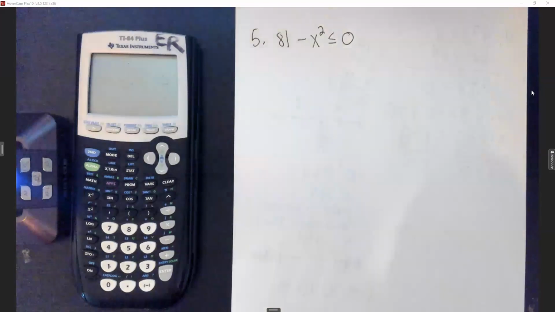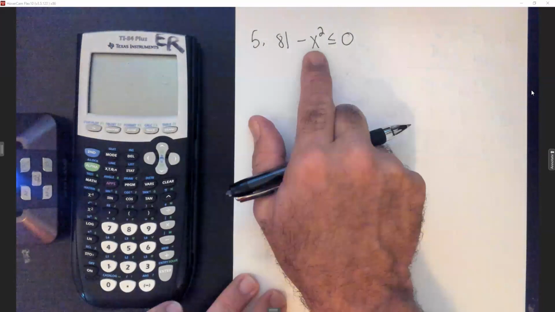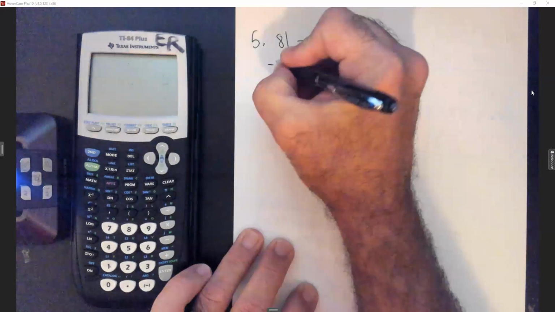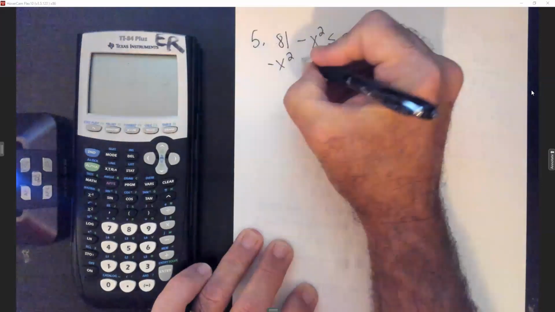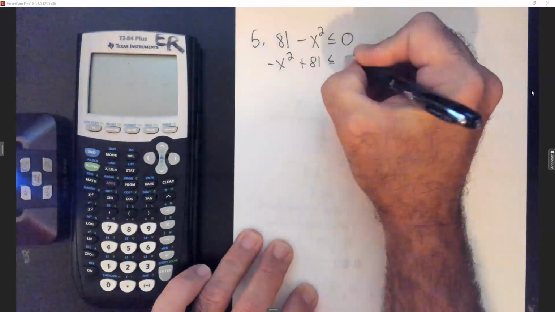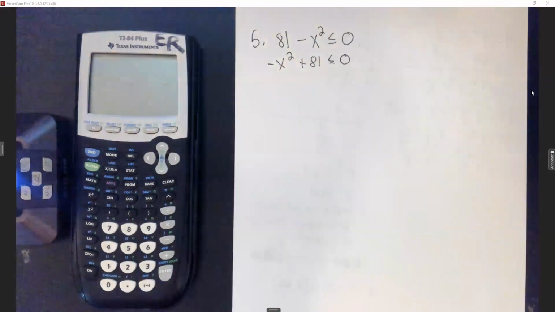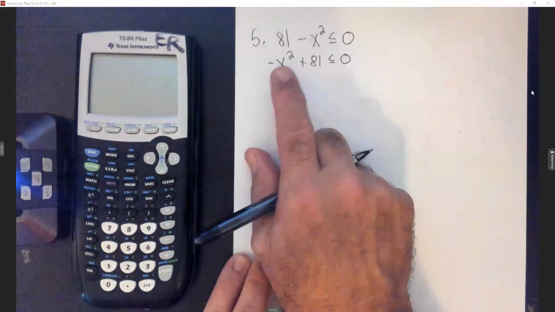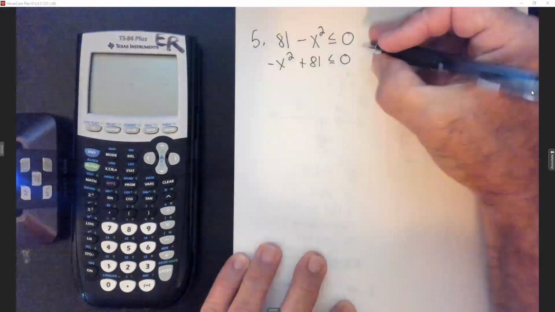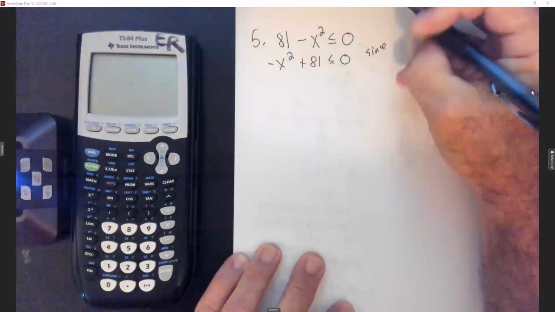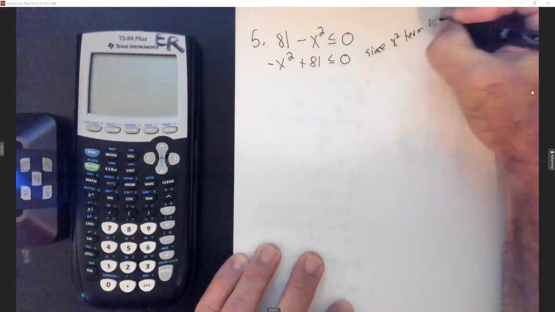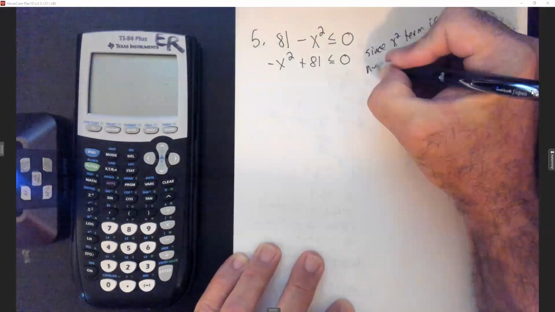So first thing we'll do is put them in order. I'm going to put the x squared first, so it's a negative x squared plus the 81 is less than or equal to 0. Now, if y'all remember on factoring, we don't like the x squared term being negative, so I'm going to divide everybody by -1, and I'll write that here. Since the x squared term is negative, we divide